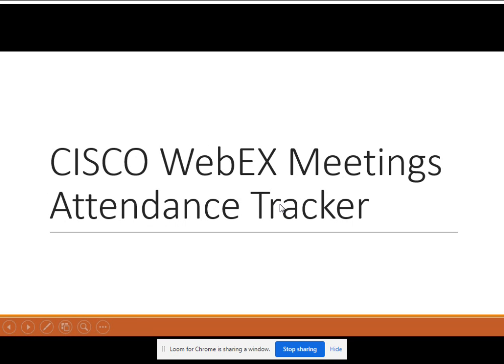So we have Cisco WebEx client and also we have Cisco WebEx Meetings Teams. So we have two versions for these meetings. Normally we will join by using the Cisco WebEx app that can be installed in a laptop or a desktop, and you can open that application and log in by using your mail IDs, your personal Gmail IDs or your official mail IDs for creating these WebEx meetings.